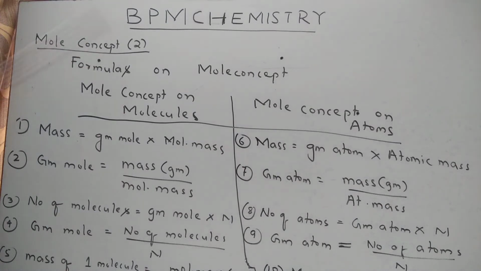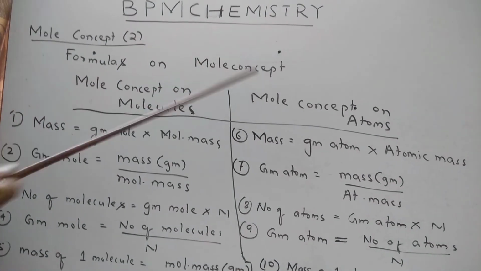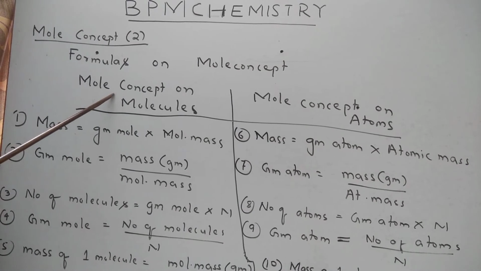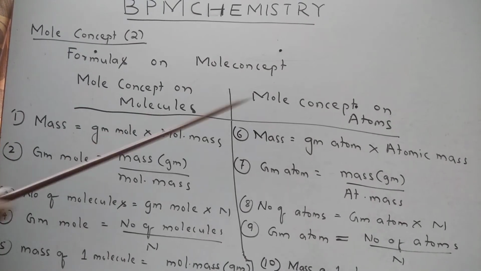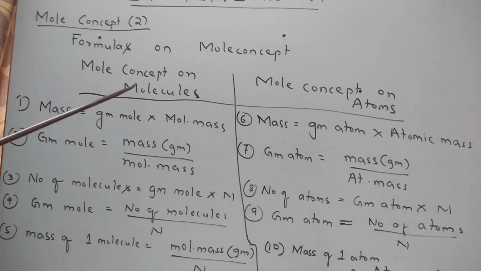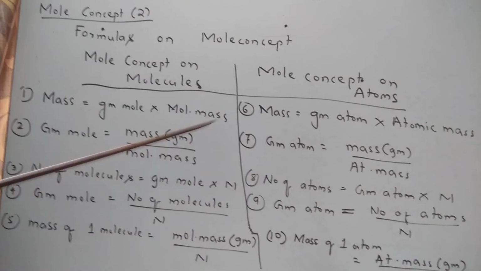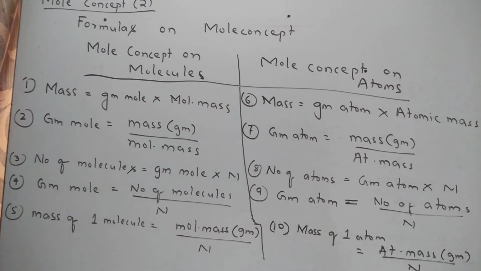In the mole concept 2, we have 10 formulas on the mole concept. The mole concept will be divided into two categories: mole concept on molecules and, on the other side, mole concept on atoms. In the mole concept of molecules, there are 5 formulas, and exactly similarly, in the mole concept of atoms, there are